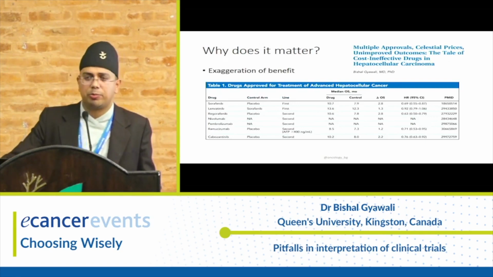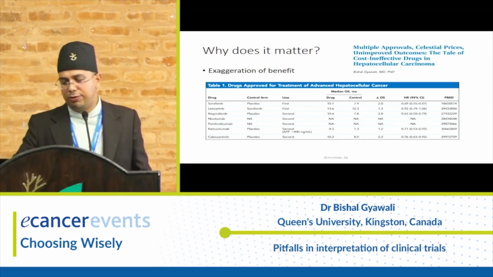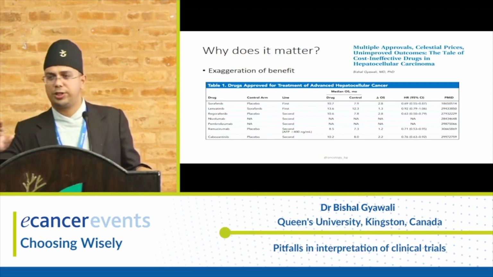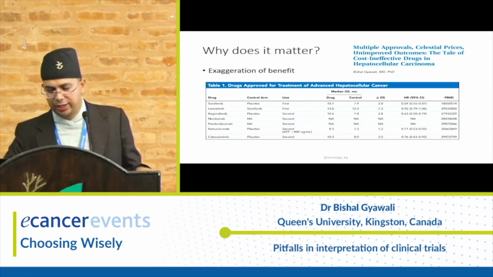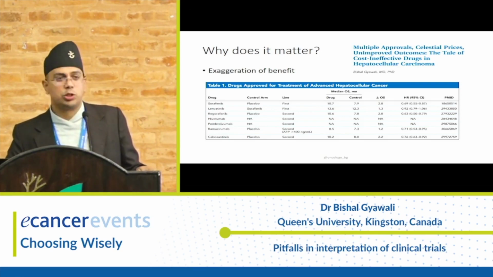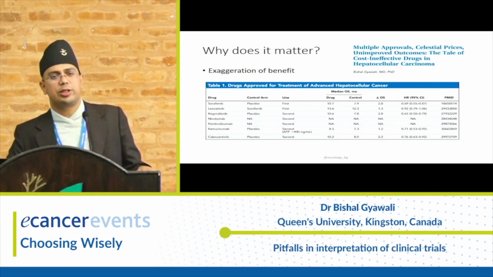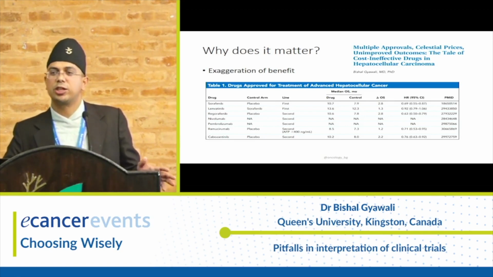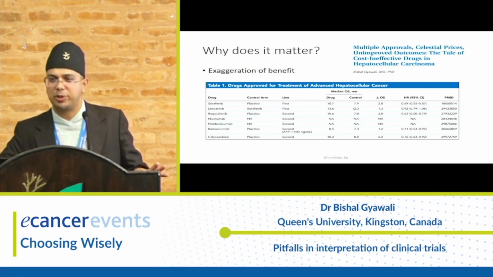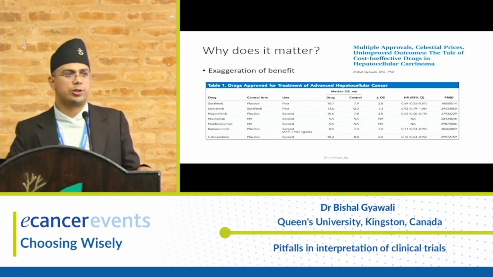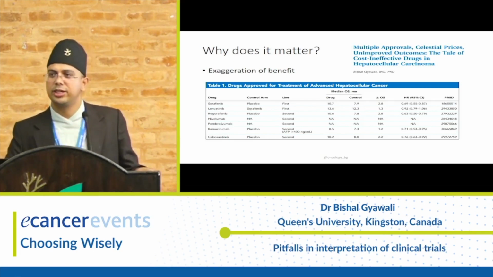I'll give you an example from hepatocellular cancer, liver cancer. If you look at the median overall survival here, for the control arm, not for the drug arm, forget about it, for the control arm, then you see survivals of 8 months, 12 months, 8 months, even in second line, while we know that the average survival, even in first line, is around 9 months. How are these patients in the control arm, who are not getting treatment, who are getting placebo, surviving for 8-9 months in second line? Because these are highly selected patients, what Dr. Booth referred to as the Olympian patients.